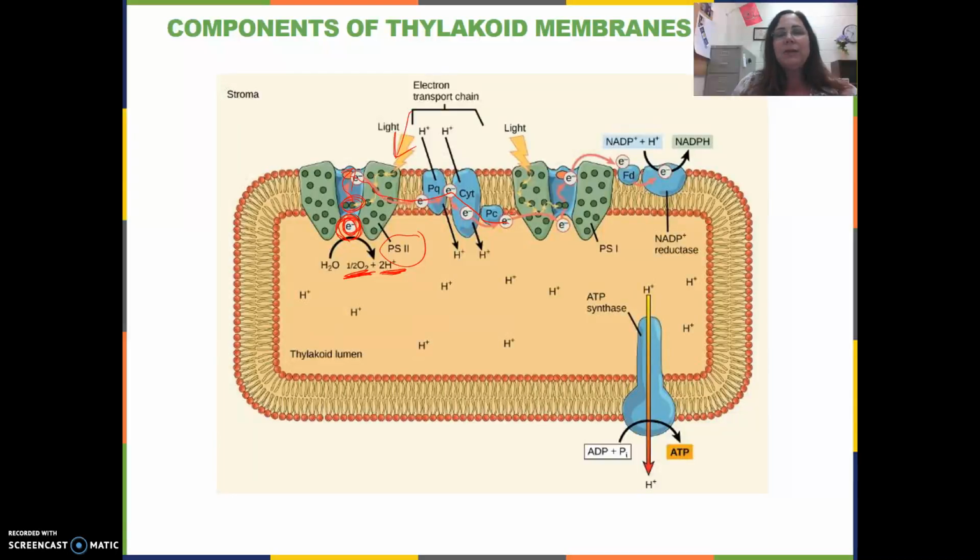And what did we learn about electron transport chains? The electron travels from carrier to carrier to carrier. Energy is flowing along with the flow of electrons, and so that energy is used. In this case, it's opposite, but in cellular respiration, the hydrogen ions were pumped out. In photosynthesis, they're pumped in. But the energy from the flow of electrons is used to pump hydrogen ions into the thylakoid lumen, or the space inside the thylakoid. You've got all these hydrogen ions that build up this concentration gradient inside the thylakoid